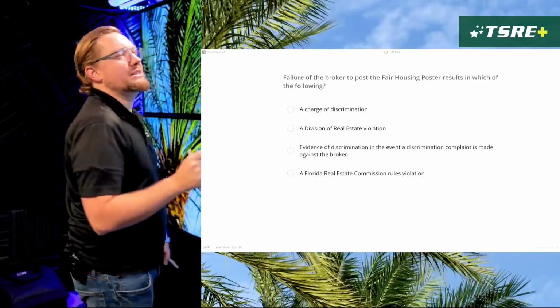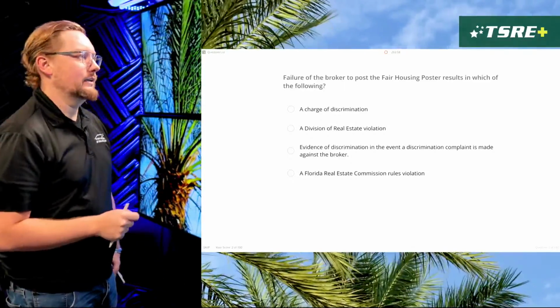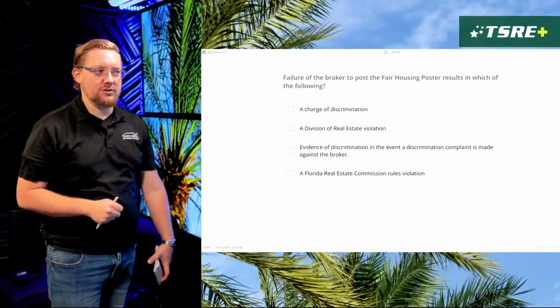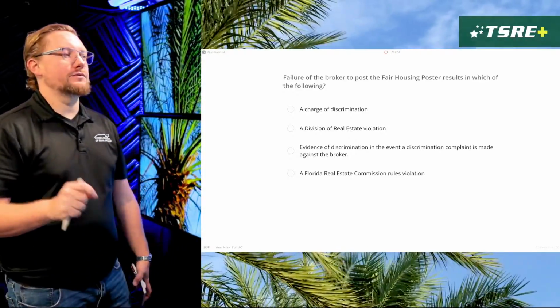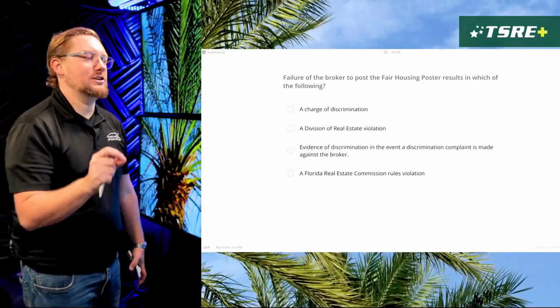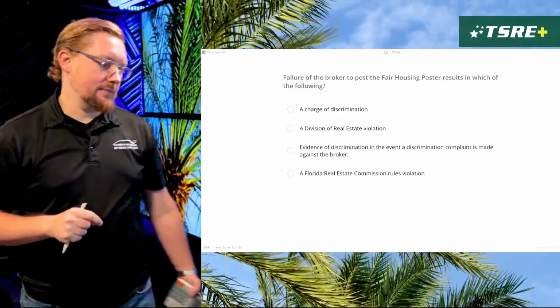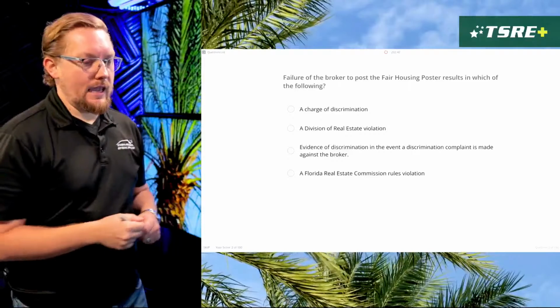Failure of the broker to post the fair housing poster results in which of the following? We've got A, a charge in discrimination, B, a division of real estate violation, C, evidence of discrimination in the event of discrimination complaint is made against the broker, and D, a Florida Real Estate Commission rules violation. And so